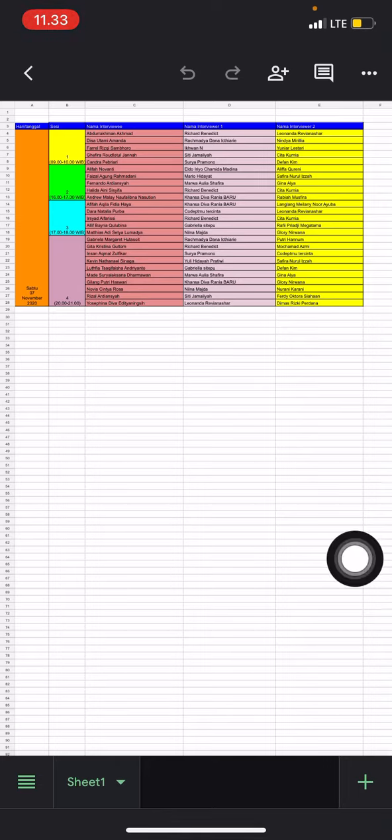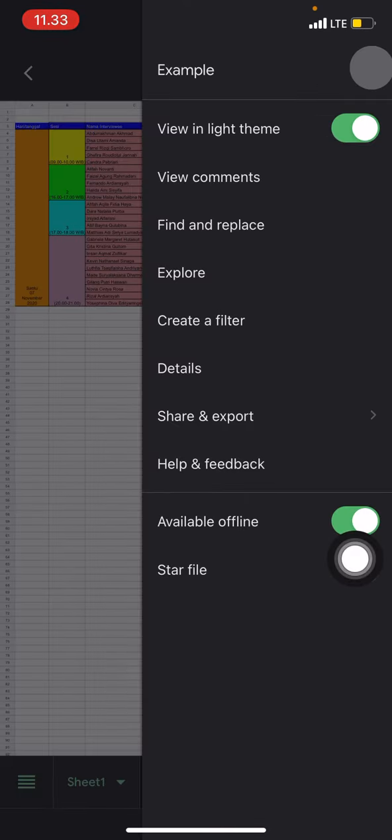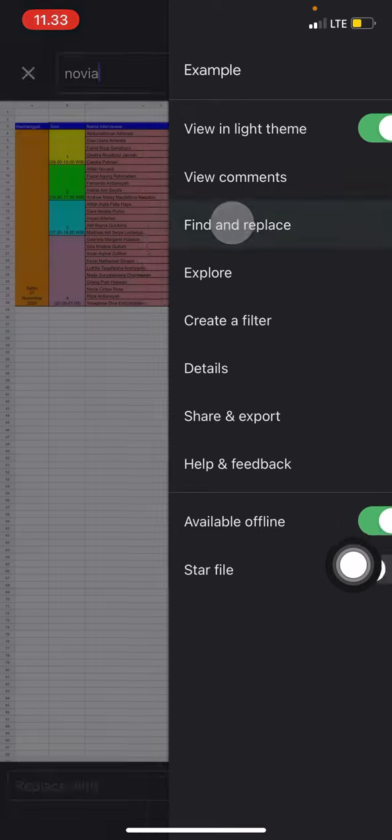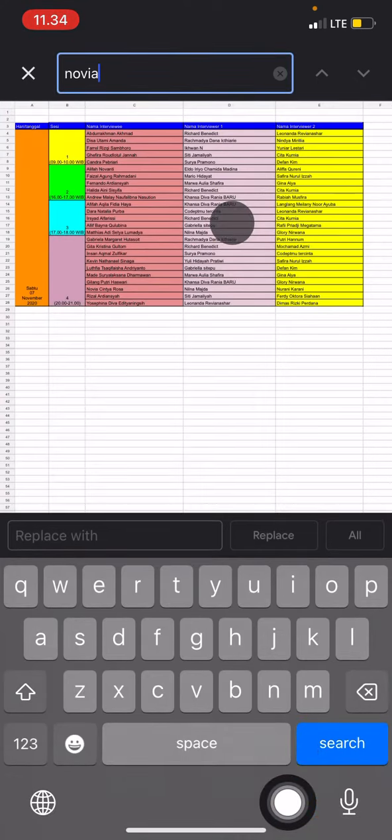So here is the simple thing that you need to do to use the find option: just click in the upper right corner. There are three circles over there. Just click, and then you will see several features, and there is a find and replace feature. Click the find and replace feature, and then enter the keywords that you want to